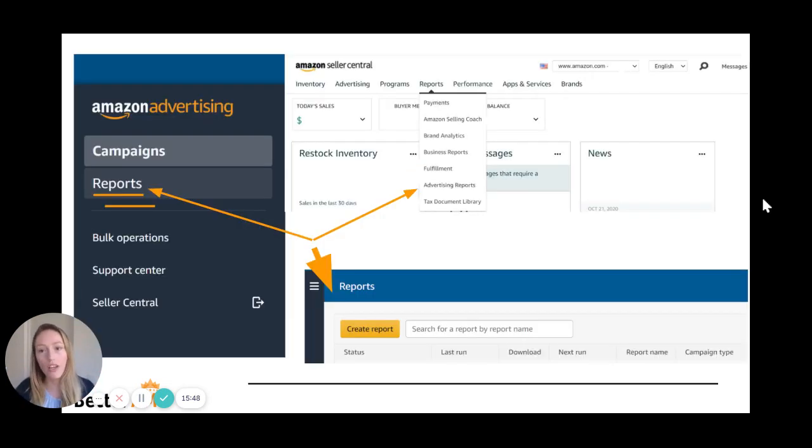keyword research. So how do you find it? In the campaign manager, you can see it on the side tab here under reports. You can also go directly to it from the Amazon Seller Central portal. Just go down from reports to advertising reports. Both of these will take you to this very clean setup where you obviously click on the button saying create